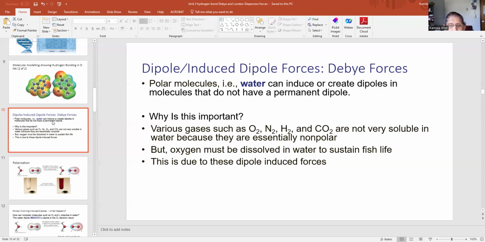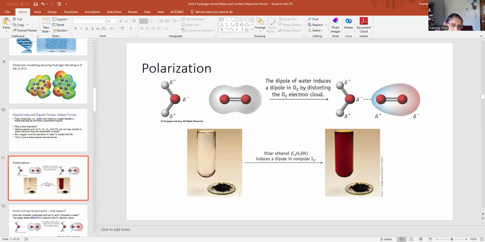Why is this important? Various gases such as oxygen, nitrogen, hydrogen, and carbon dioxide are not very soluble in water because they are essentially nonpolar. But oxygen must be dissolved in water to sustain fish life. This is due to these dipole-induced forces that the polarization can occur. And how the polarization occurs is shown in this particular